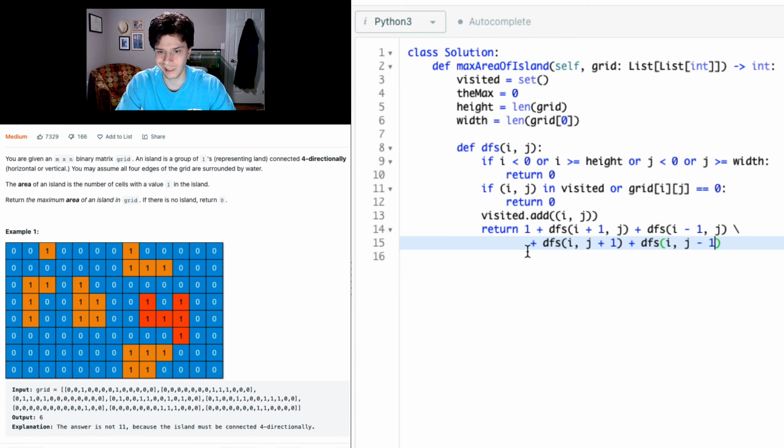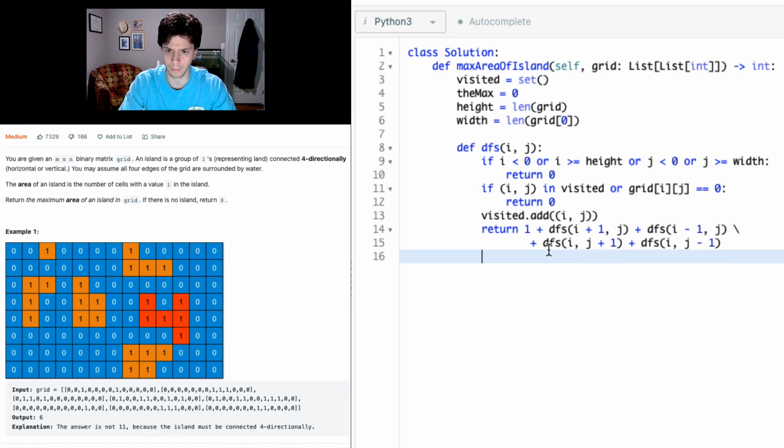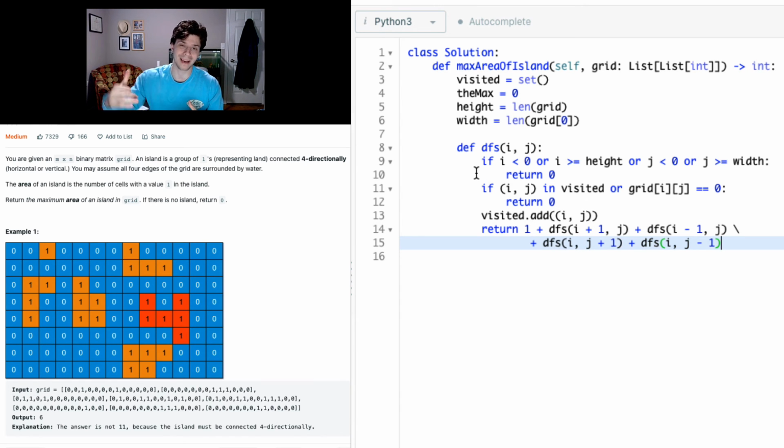Now, what this is doing is essentially saying, okay, we found 1, so we're returning 1 plus however many we get out of the calls to the DFS function on the 4 squares surrounding it, right? So this would be the square to the bottom, I believe. This would be the square to the top. This would be the square to the right. This would be the square to the left. Okay, and if these all return 1, then we're just going to add these all up, and by the time we get back to the bottom of the stack,